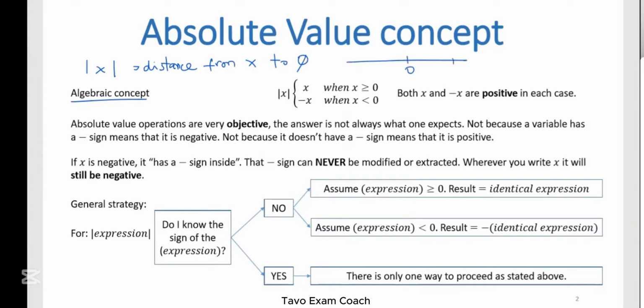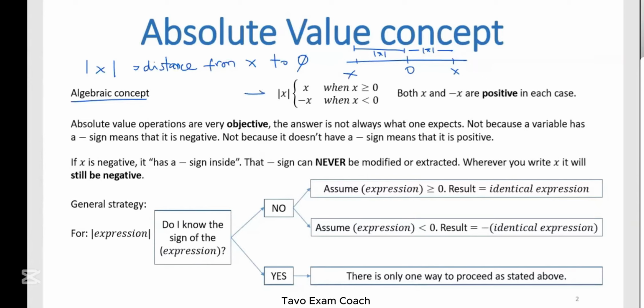if you have a number that is positive, its distance to 0 is really the same value, it's x. But if you have a negative value of x, that is a number that is negative, its distance is then the additive inverse. That is to say, the number x with the changed sign, okay? Because it is negative, changing the sign of its number makes it positive. So that's the concept of absolute value.